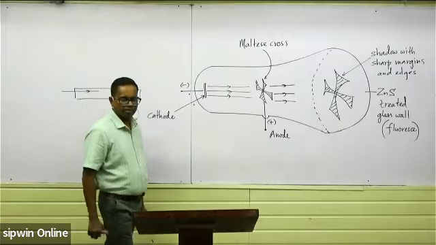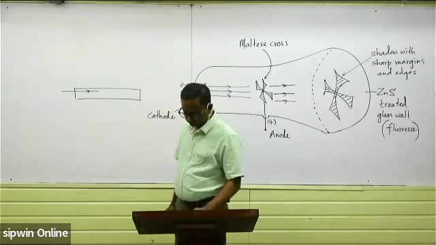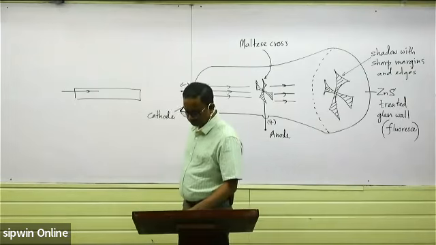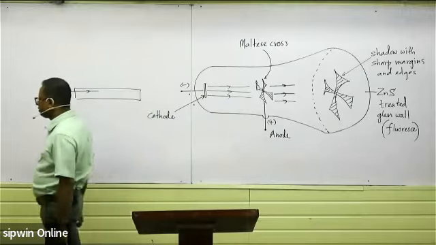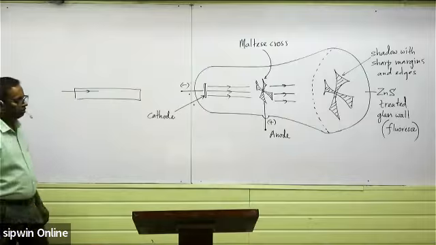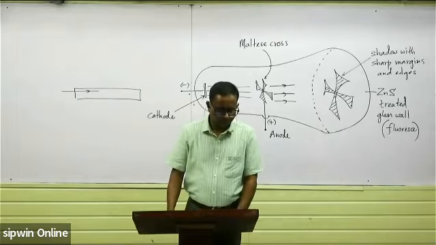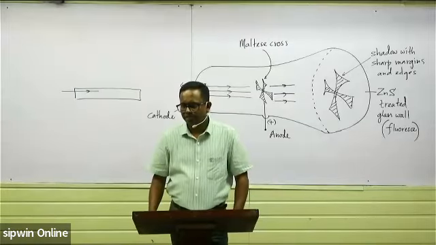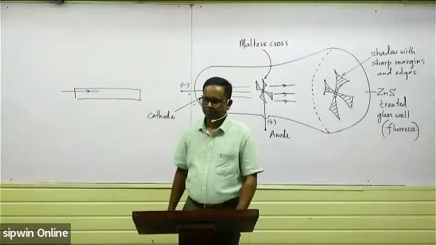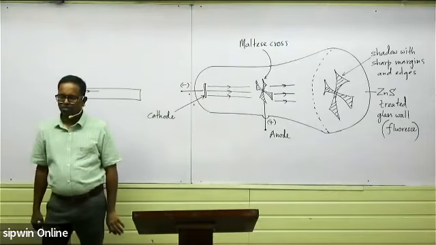When producing cathode rays, a shadow is produced with sharp margins and edges. Confirmed